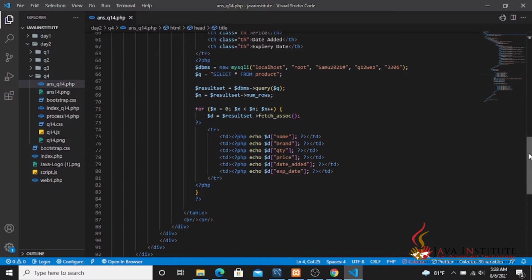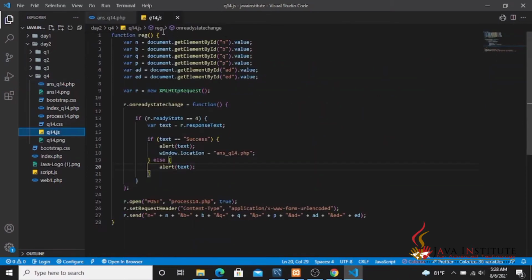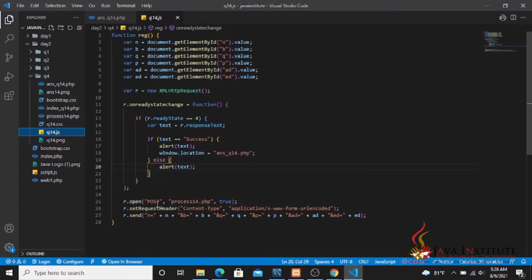And in the registration process, this function calls, and this is how I have gained the values, and as usual I have passed data to the server side to the file process14.php via Ajax by using the post method, and this is the process file.